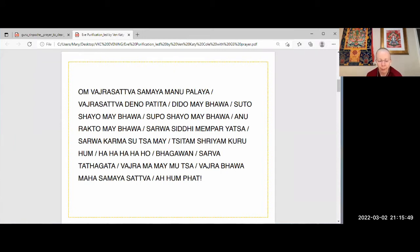Om Vajrasattva Samaya Manupalaya Vajrasattva Dina Patita Dida Mebalwa Sutokaya Mebalwa Supokaya Mebalwa Anarakta Mebalwa Sabasidi Mempiyata Sawa Kama Sita Me Siddham Shriyam Guruhum Ha Ha Ha Ho Bhagavan Sawa Tata Gata Vajramame Mutta Vajrabawa Mahasamaya Sattva Aham Pe Om Vajrasattva Samaya Manupalaya Vajrasattva Dina Patita Dida Mebalwa Sutokaya Mebalwa Supokaya Mebalwa Anarakta Mebalwa Sawasidi Mempiyata Sawa Kama Sita Me Siddham Shriyam Guruhum Ha Ha Ha Ho Bhagavan Sawa Tata Gata Vajramame Mutta Vajrabawa Mahasamaya Sattva Aham Pe Om Vajrasattva